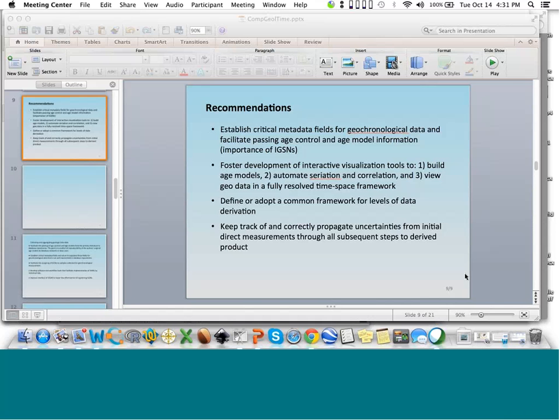These interactive visualization tools are phenomenal. These automated time-space framework tools are incredibly powerful. They're slowly becoming used more widely in the community, but we also need to encourage people to essentially adopt them, to make them basically commonplace, so that we take full advantage of the power of this data and the power of these software tools.